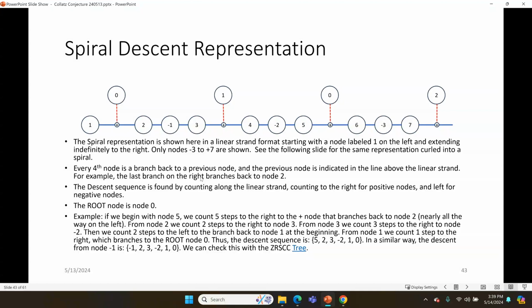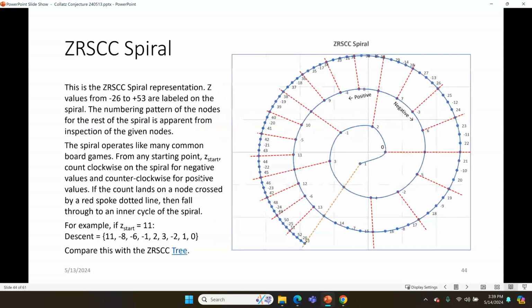So we would land on the root node 0. So that's how the nodes work on this representation. If we arrange the nodes in a spiral as shown here, then the structure becomes very clear, because every node lands on this spiral in the way that we've shown here, so that positive values go in alternate nodes in the positive or counterclockwise direction, and negative values go in between the positive values,